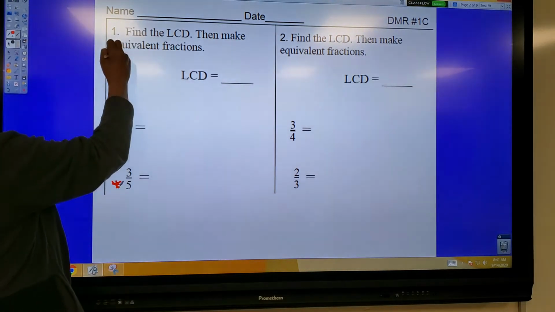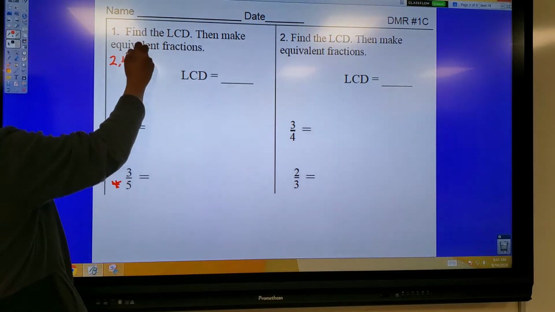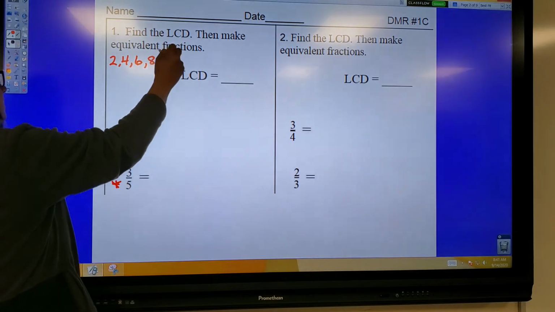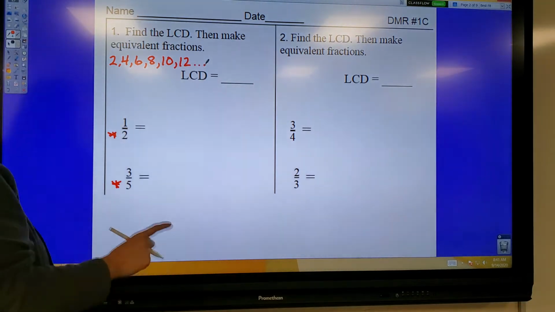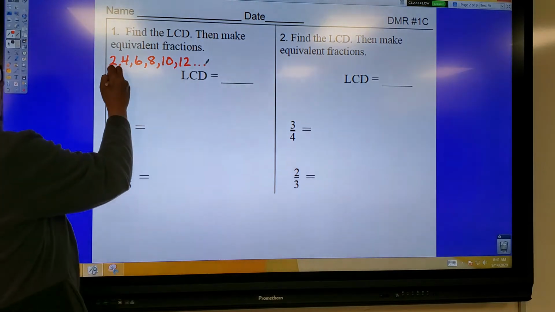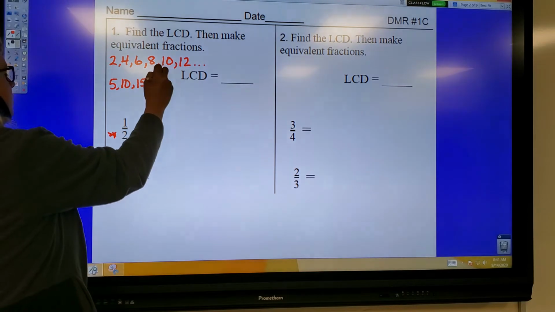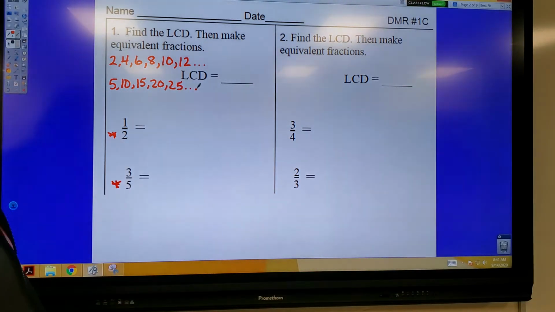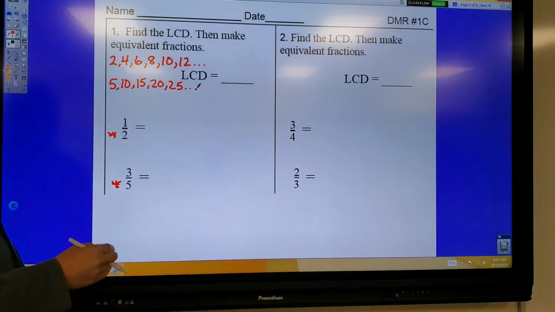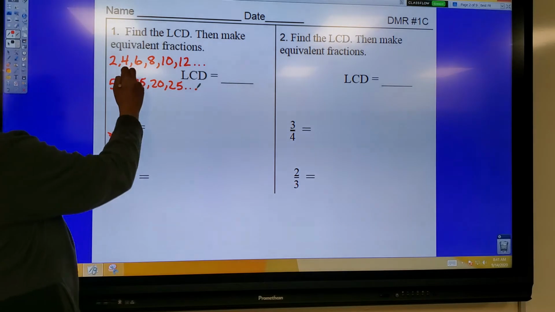So you could start out by writing the multiples of 2, 4, 6, 8, 10, 12. Obviously you could go on forever, right? And then you would write the multiples of 5, 10, 15, 20, 25. Again, you could keep going on forever. So you're looking for a multiple that they both have, and that would be the smallest, and that would be